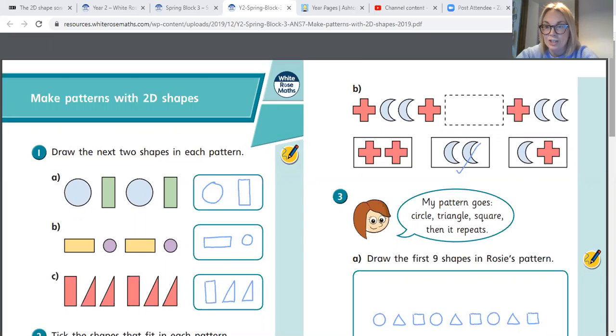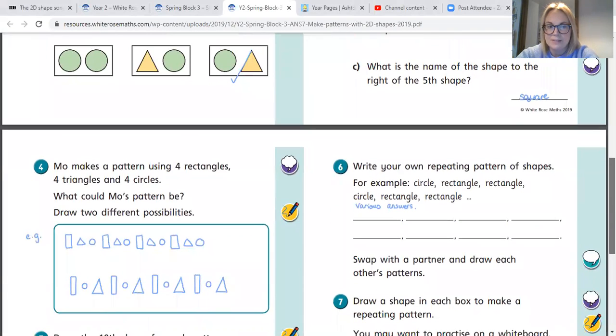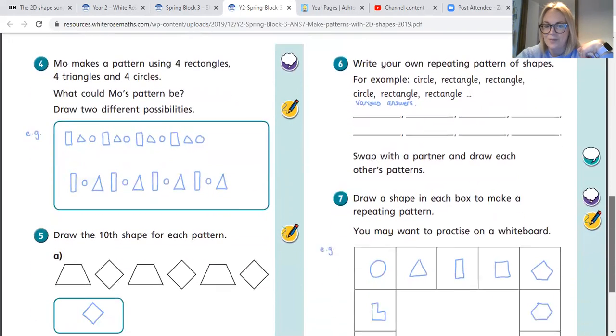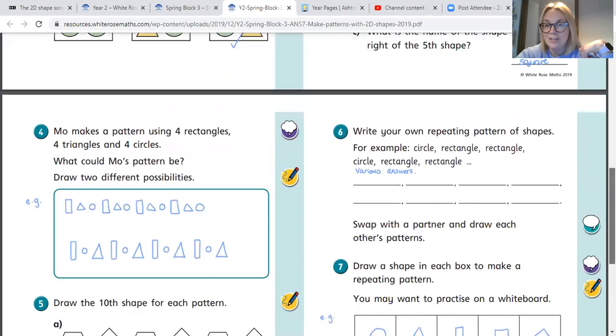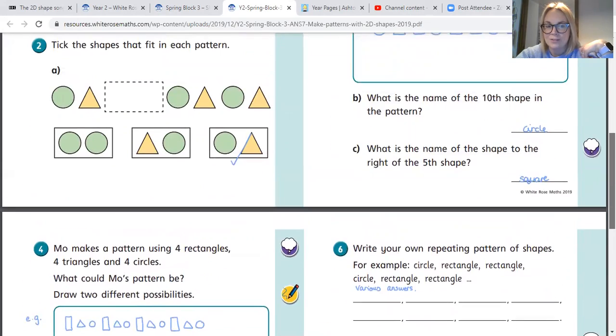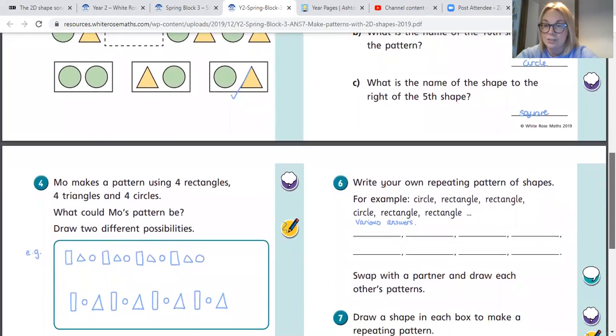Especially on the second sheet, okay? There are example answers, there's going to be some different ones there, okay? And as always, if you ever want your teacher to check your answers, then email it through to us, okay? So where it says example, e.g., that just means it's an example of a correct answer. There would be some others,